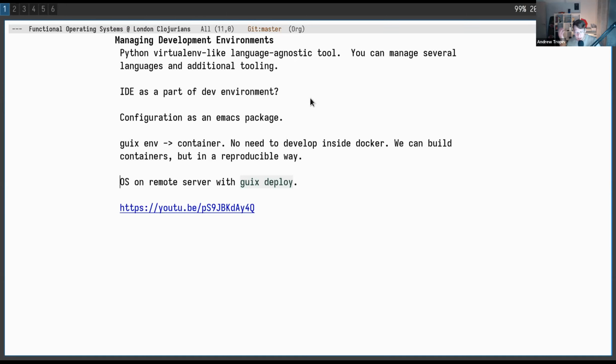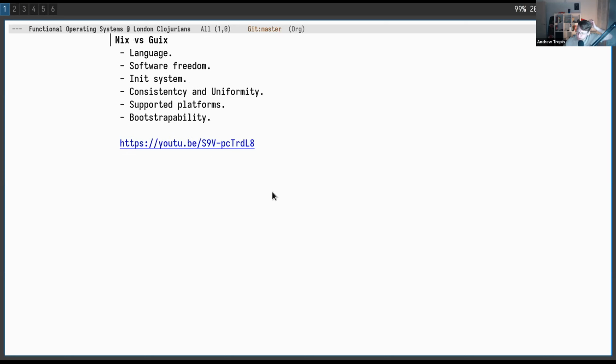And after that, you can easily deploy what you have. For example, your operating system configuration, you have it on your local machine. You can also build it and have it in your store. But later, you can use the guix deploy utility and copy all the content of this directory to a remote store and instantiate it using an activation script on the remote host. It happens, of course, automatically under the hood in the invocation of guix deploy. Yep, I think that's it about managing